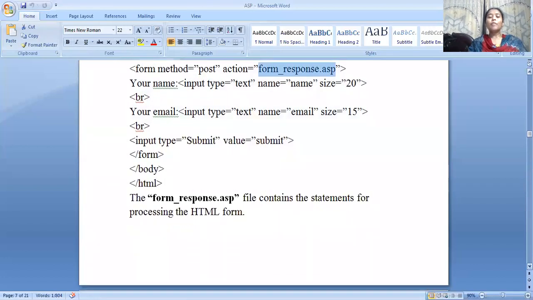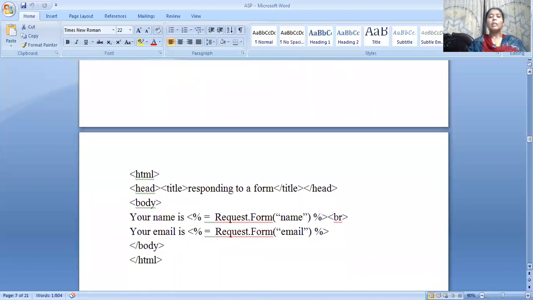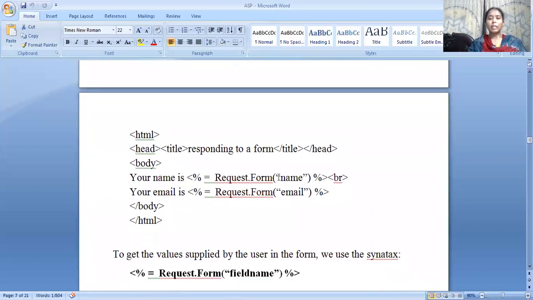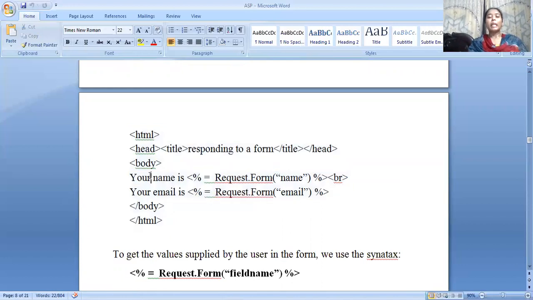So what does this form underscore response dot ASP consist of? It consists of the date, the name which we are entering and the email which we need. Whenever I click on that particular HTML, that HTML web browser document is by default calling the form underscore response dot ASP program to display my name and email ID.